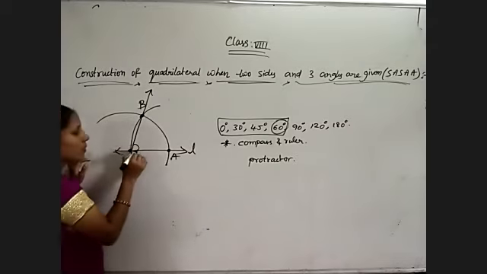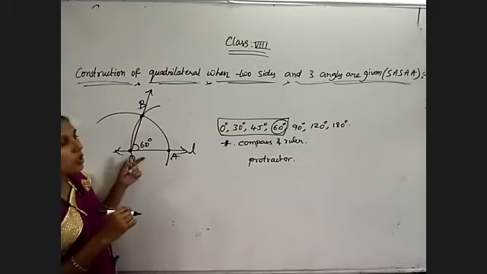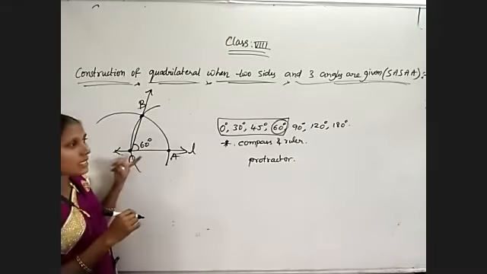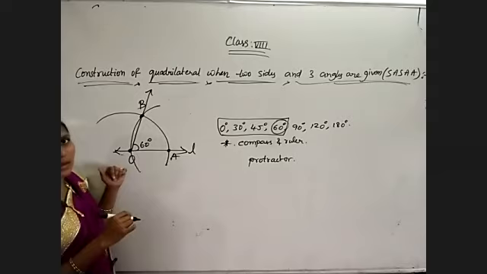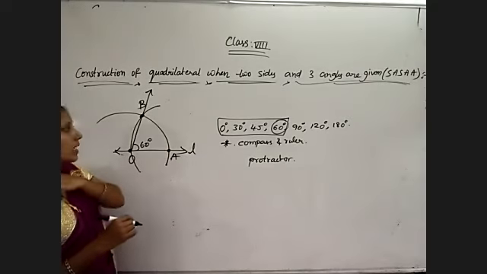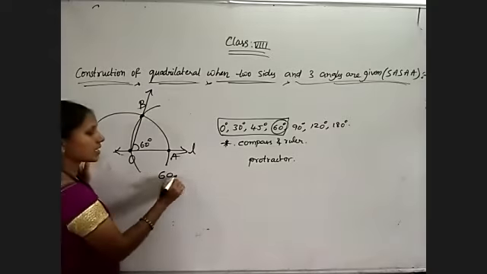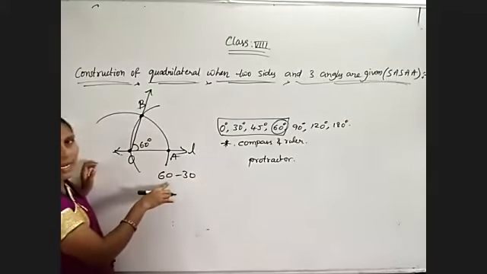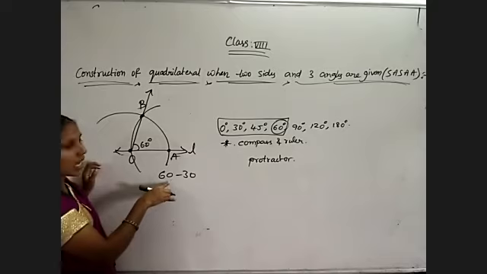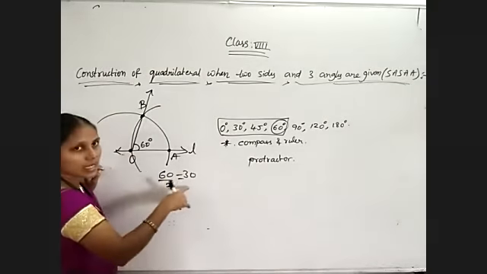Okay. Now measure this angle. How much will you get? Compulsorily it will be equal to 60 degrees. So do it with the compass and the ruler, then you will understand. Okay. Now I want to find out 30 degrees. 30 degrees is nothing but half of 60 degrees. It means first of all, compulsorily I need to find 60 degrees. Half of 60, that is the bisector of 60, is 30.